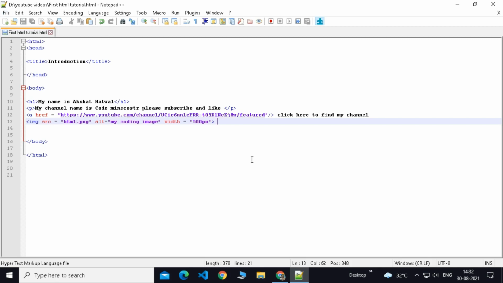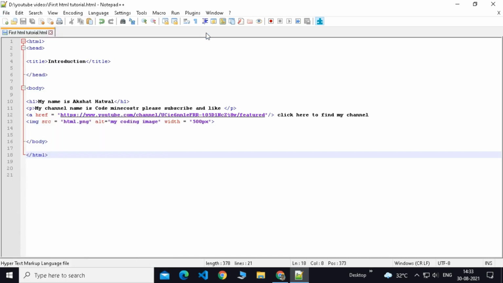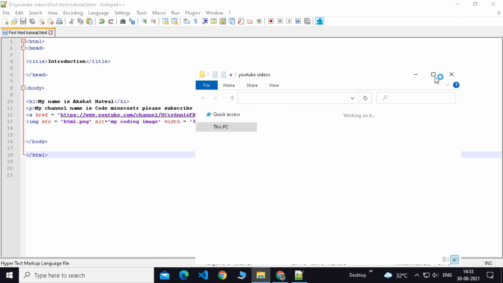First we have to open our file, and I found a simpler way to open it. Just go in your file on the project and then open in default viewer. If you don't know what your default viewer is, then just go and open containing folder and then Explorer, and as soon as you do that, your file explorer will open automatically. So let's wait, and as soon as it opens I will tell you.